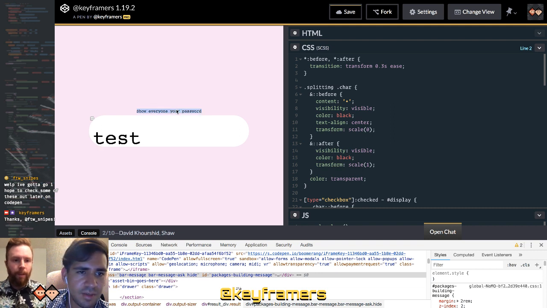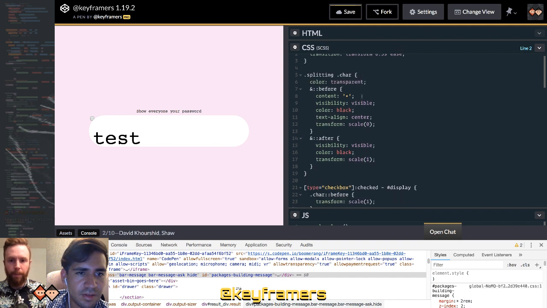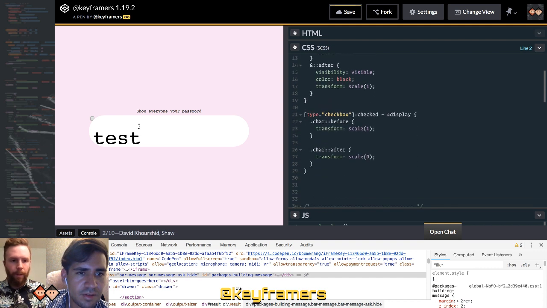And nothing's happening. Yeah, that's weird. Let's see, transform scale. Maybe the visibility thing. No, it's not the visibility thing. It's not doing anything. Transition, transform.